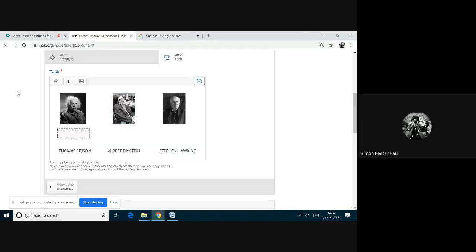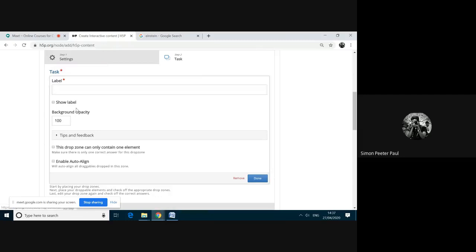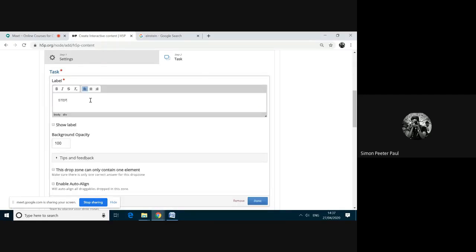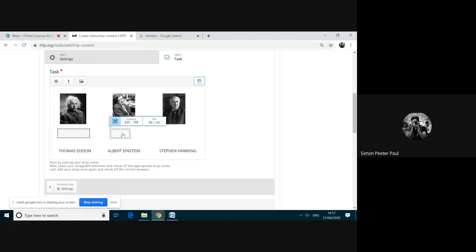Again, to add one more drop zone, I'm adding this Stephen Hawking. It is not required to give the same word. For my reference, I'm giving the name so that it will be easy for me. And I'm enabling this drop zone contain one element. Again, I'm moving here.